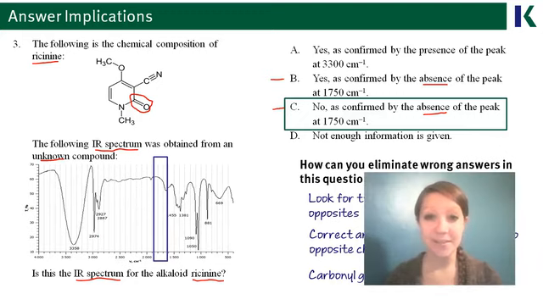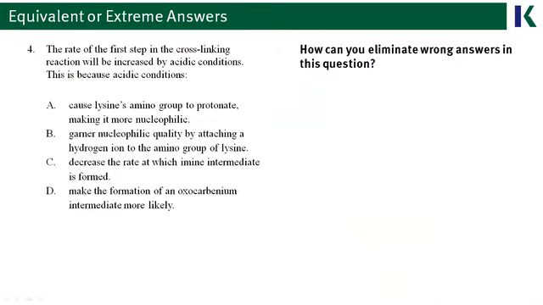Again, these answer implications are just another strategy that you can use to try to guess the correct answer if you're in a situation where you're not sure what the answer is. Moving on to numbers 4 and 5, these two questions are taken from a passage, and you don't have the passage here on the page, so there's no way that you're going to necessarily just know the correct answer because you'd have to go back to the passage.